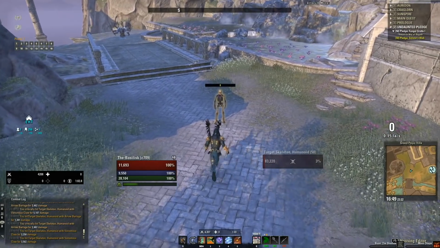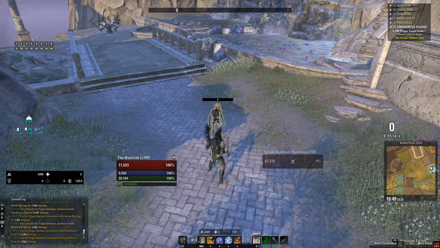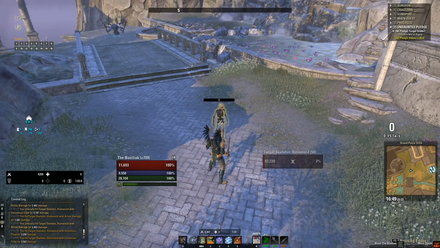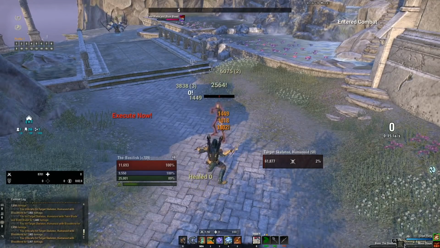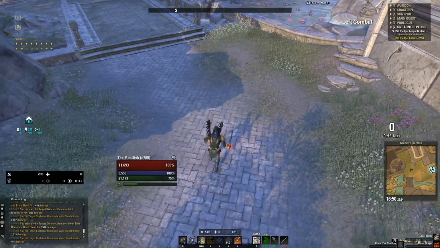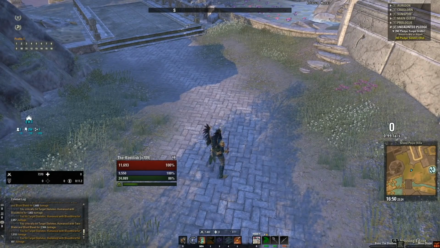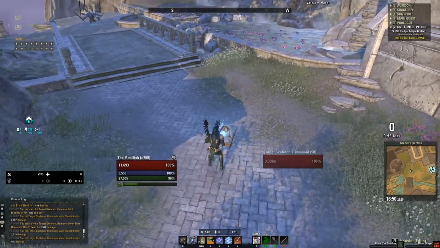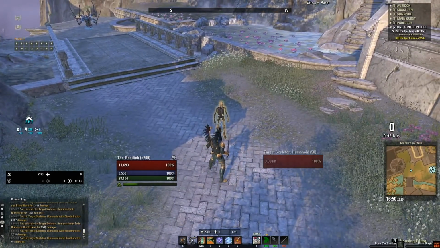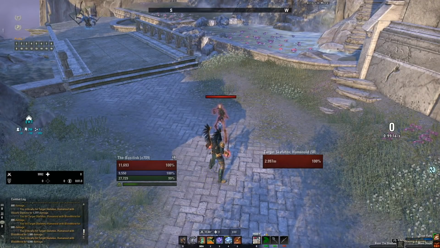Now, like I said, I did want to talk about the channeling thing. So as I said before, most skills in this game have an instant cast, but if you look at the Bloodthirst skill, that 4 skill, it's got a channel. You'll see the channel at the bottom of the screen. So what that means is, with the channel, you cannot cancel that, okay? You just can't. You can't cancel it, because if you try to cancel this animation, like so, watch. This is the full animation. Okay? If you try to cancel that with a block,